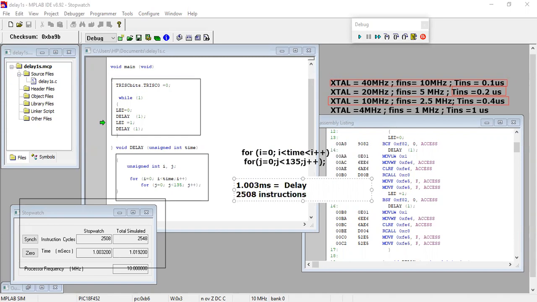Remember, in calculation, we know that the time of one instruction is 0.4 microseconds. So if you multiply 0.4 with 2508, you will have a 1.003 millisecond delay, right? So that's how you can calculate the exact amount of delay in MPLAB of any C code, or any portion of C code.